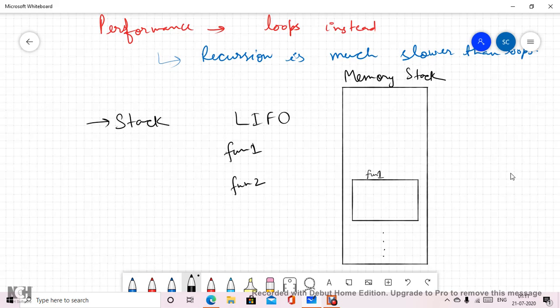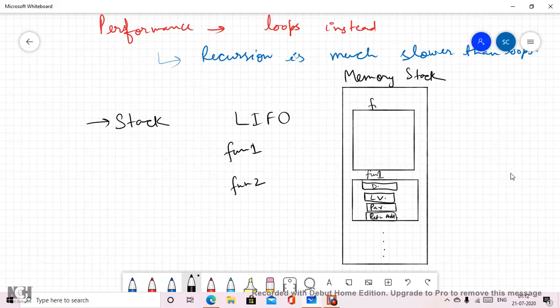Now the function has its data: some local variables, then certain parameters, and then the return address or something like that. So this first function is written over here, and when we have another function in my program, it will be on the stack of the program.